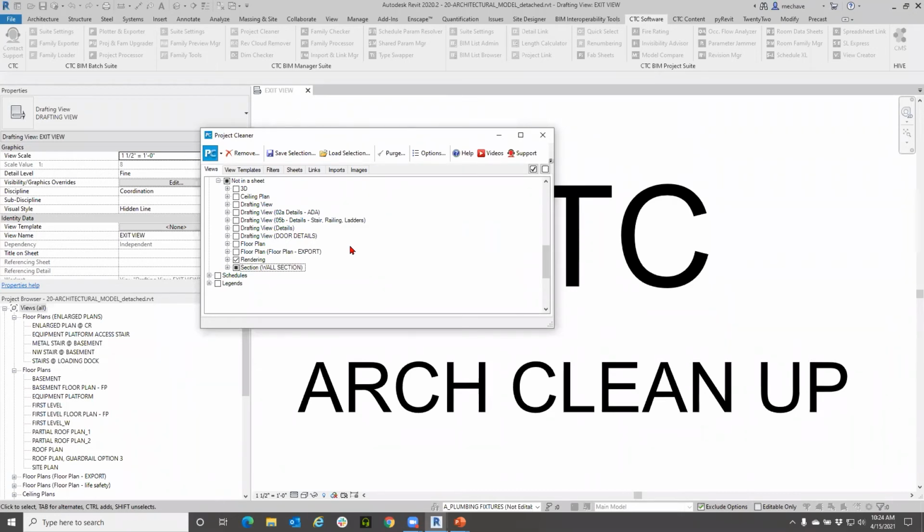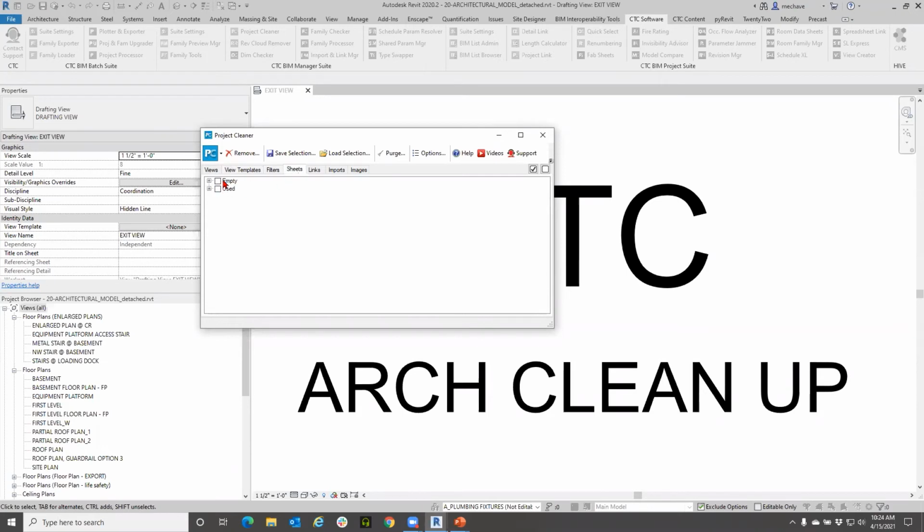I've never used the e-transmit, so I don't know what you're referencing for that one. But again, from here, you can go through and remove the rendering. And again, you can go through and clean anything else out you want in particular to your project, such as view templates. Maybe some of these aren't being utilized, or maybe some of the filters, or maybe some of the